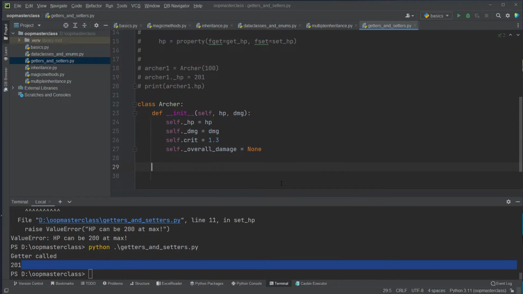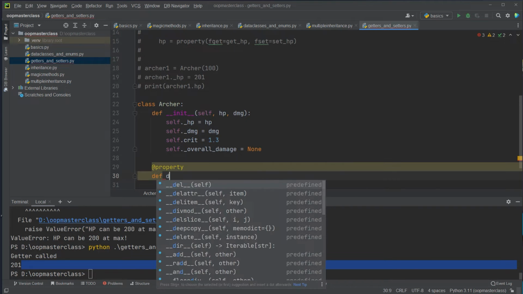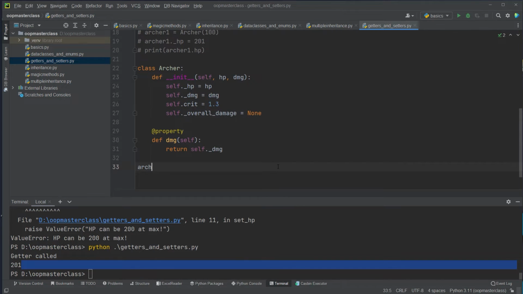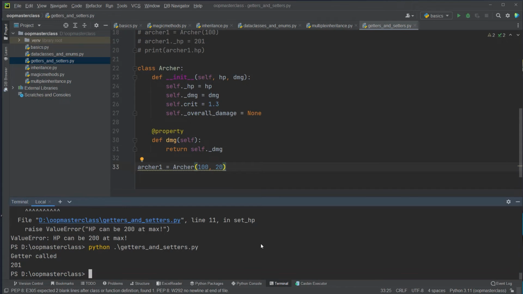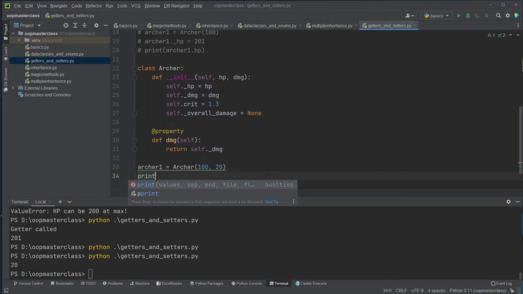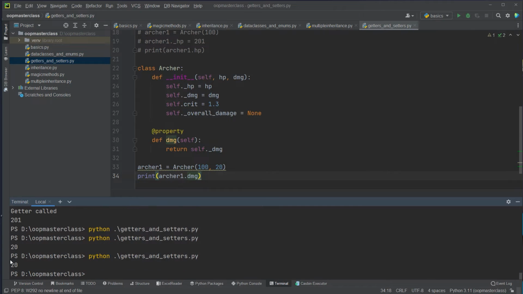Now we're going to first create a new getter. So this time we use the decorator and also create a new function called damage, where we just return self._damage. So let's now create a new archer. Archer1 equals an instance of Archer, and this archer has 100 HP and 25 damage, or let's say 20 damage. Okay, now let's run it again. Getters and setters.py. Of course we want to print archer.damage, so we want to check if the getter works, and if we run it again,